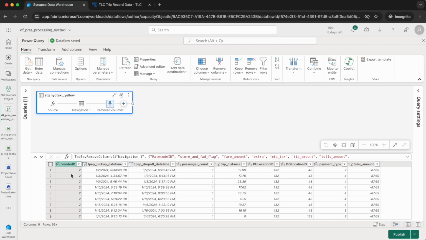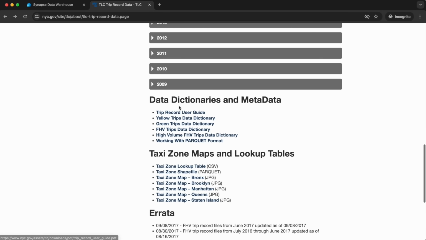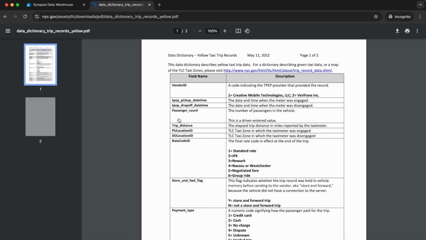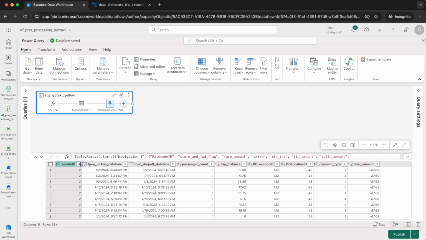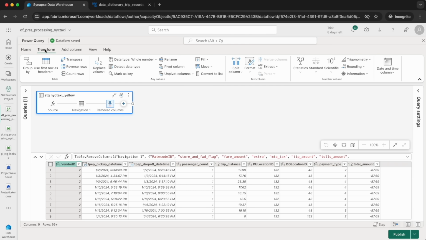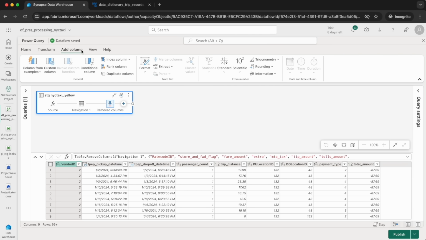conditional column that places values for what the vendor is. So if you recall, we have a data dictionary. On the data dictionary, it clearly says that 1 equates to Creative Mobile Technologies as the vendor, whereas 2 equates to Verifone. So what we can do is select this column, under transform, actually under add column, we can click